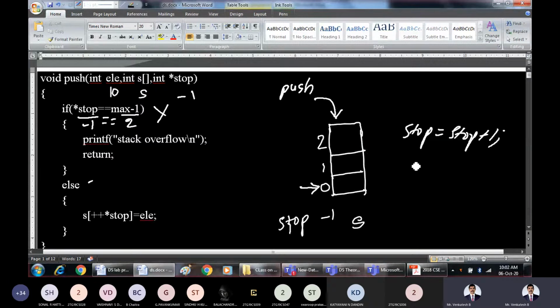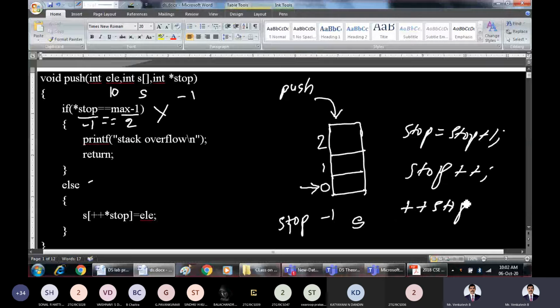This can also be written as S top plus plus, because whatever present value is there, just increment it. This is post increment. We can also do it like this, more specifically for our program: plus plus S top.